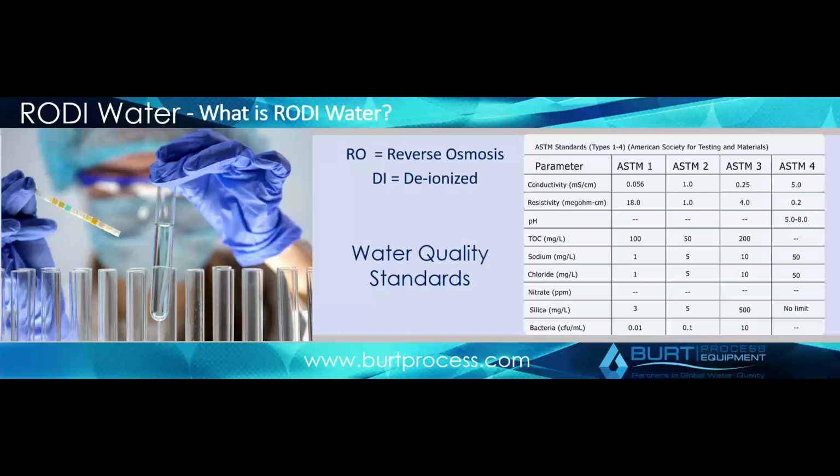And there are many others, CAP, which we'll show in a second. And then, towards the end of the presentation, we'll talk a little bit about USP and WFI, which is a pharmaceutical grade water system. RO and DI do contribute largely to the various parameters we see here. He was looking, for example, at ASTM type 1, conductivity, resistivity, but also things such as TOC, total organic carbon,